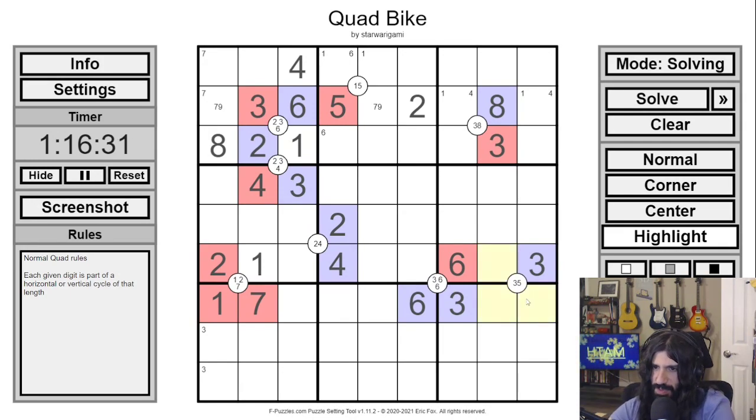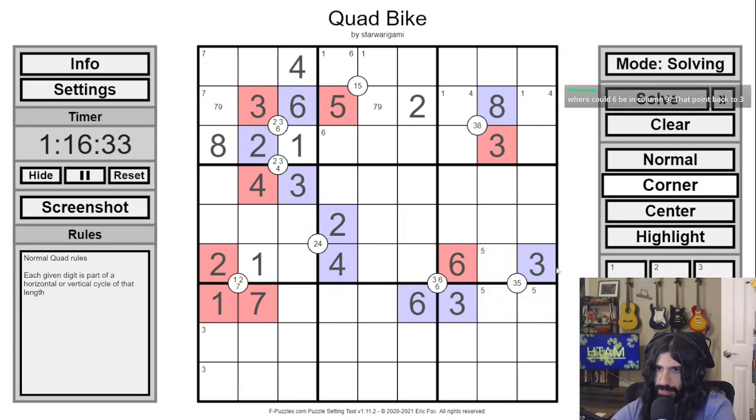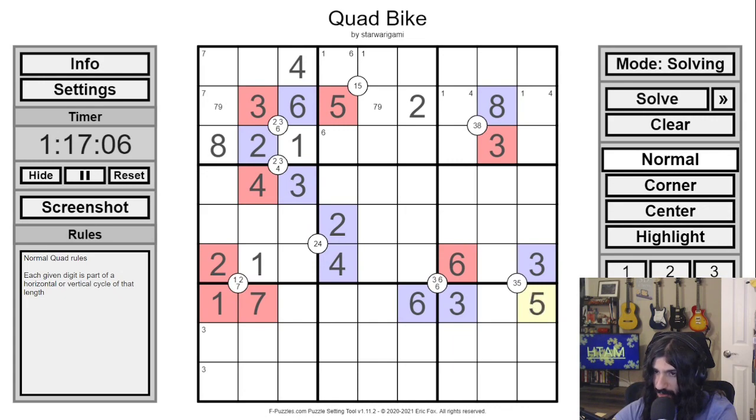Well, we need a 5 somewhere here. So that's still on the table. And the 5 is also part of a cycle. Ah. There can't be a 5 here because it can't be a horizontal cycle of length 5 in this row or a vertical cycle of length 5 in this column because of this 8 and the 7 respectively. So there's a 5 here or here. There can't be a horizontal cycle of length 5 or a vertical cycle of length 5 here. So that's not there. So there has to be a vertical cycle of length 5